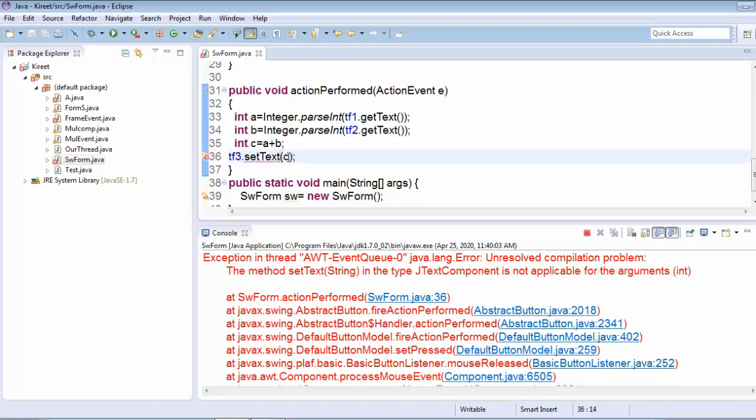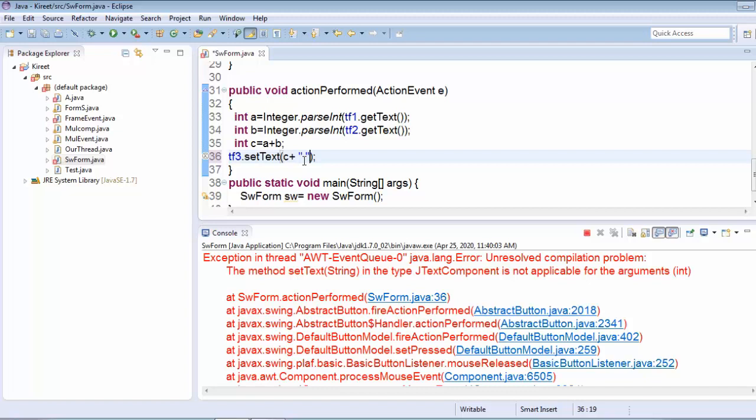So we concatenate it with a string. Integer plus string means a string, so a string value will be passed to the setText method, and I hope the error will be resolved.